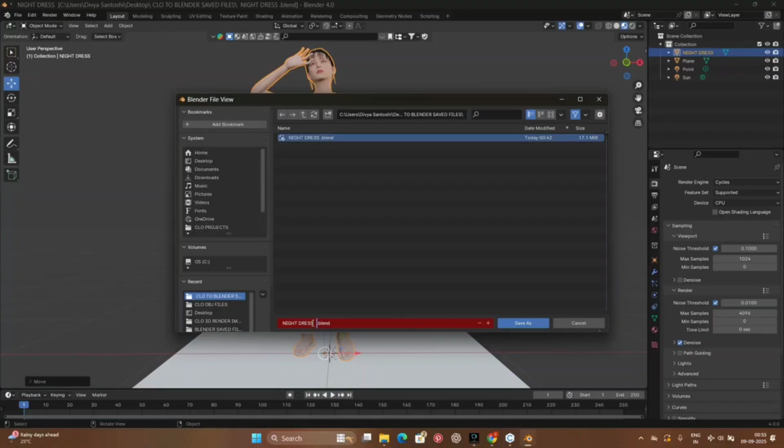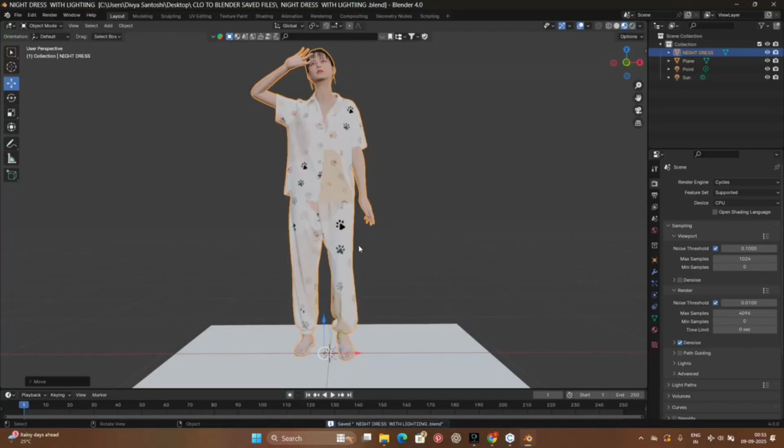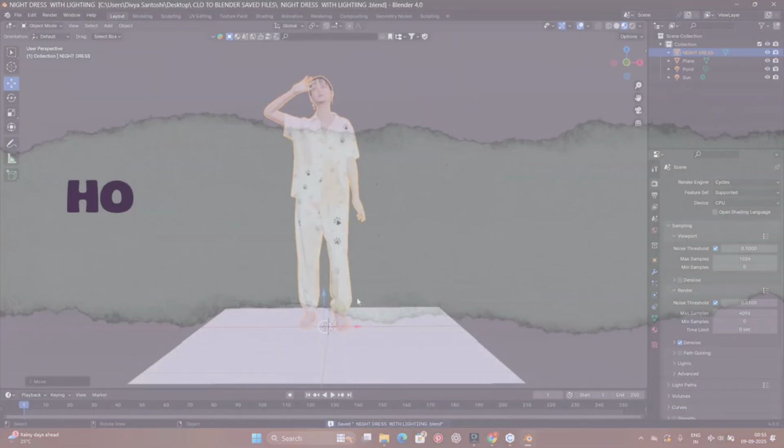Now I'll name it with lighting. Now that it is saved,